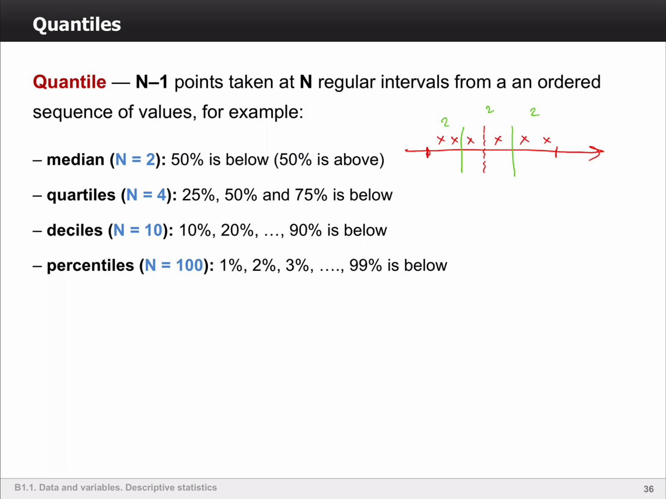I must note that when we talk about equal portions, it does not mean that the intervals will be equal. You can see that the intervals are not equal if we work in the value space, but the amount of values is equal. So we have 2 values here, 2 values here, and 2 values here. So they are equal from this point of